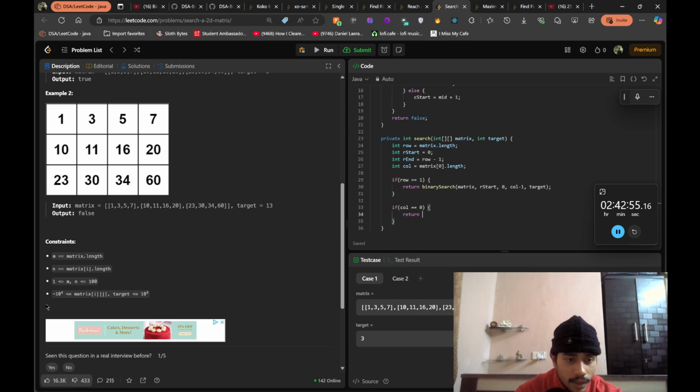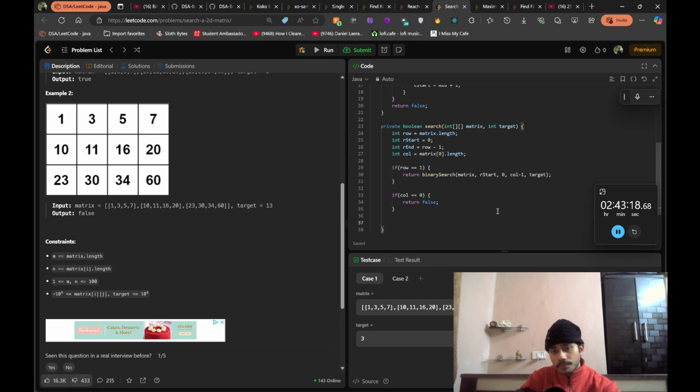Yep, I guess this means that it can have negative elements. Alright, let's do one thing. Let's forget everything. Let's make it boolean. Here we return this, it goes over there, so it's fine. Here we return false, it's fine. Simple. Yeah. So now that we have dealt with the case wherein our row can be 1 or a column can be 0,